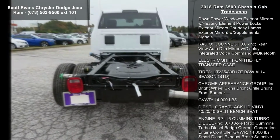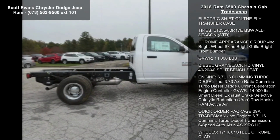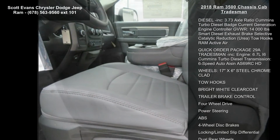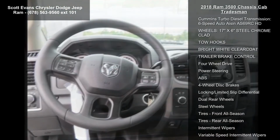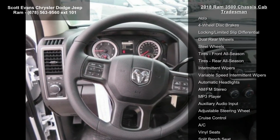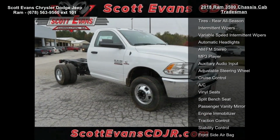cup holders, 3.73 axle ratio, power and remote entry group included, premium vinyl door trim with map pocket, remote keyless entry, power black trailer tow mirrors, front one-touch-down power windows, exterior mirrors with heating element, power locks, exterior mirrors courtesy lamps, exterior mirrors with supplemental signals, radio, Uconnect 3.0 included, rear view auto-dim mirror with display, integrated voice